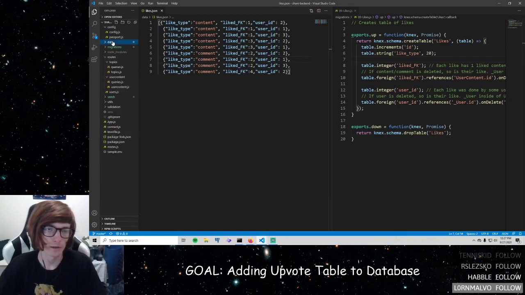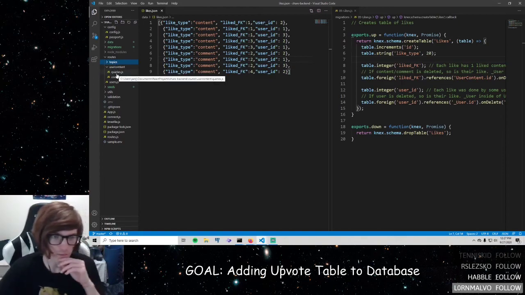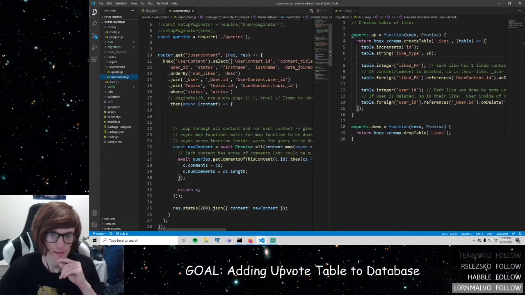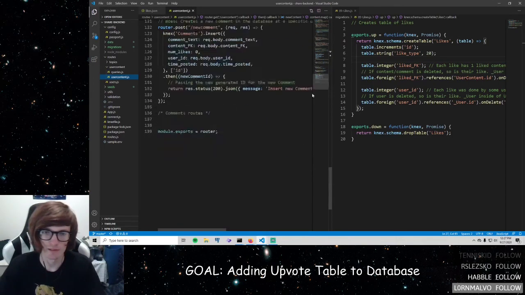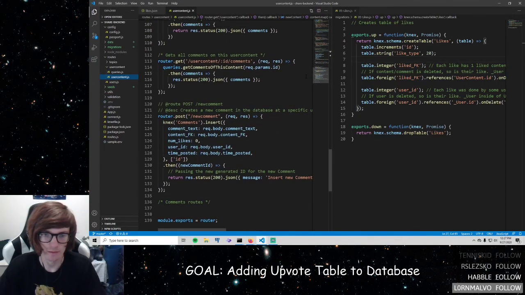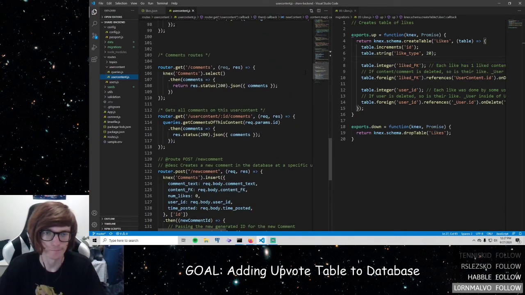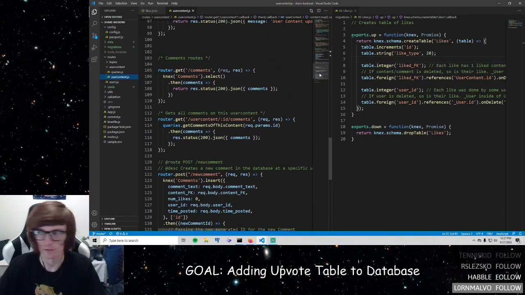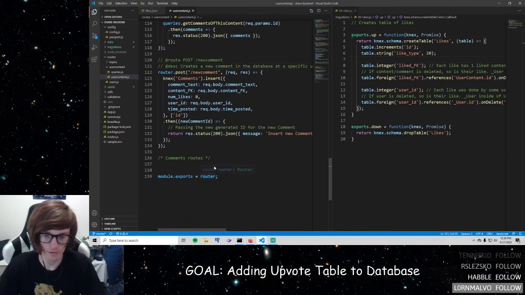I guess we gotta figure out where we want to put the likes routes. Because I think we put the comments inside of user content. Yeah, so I think that would make sense to put the likes inside of user content as well. It's getting to be a big file, but logically it just kind of makes sense. Okay, so put a section here,